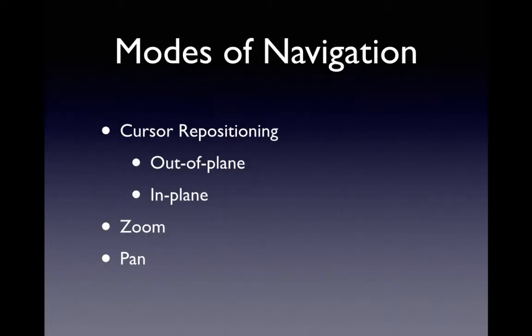By navigation I mean going through the image, viewing different aspects of the image. So navigation is really about visualizing the image, finding the location and the view of the image that you're most interested in for your particular task. And the modes of navigation include repositioning of this three-dimensional cursor, which you can do both out of plane and in plane, and I'll show you what I mean by that. Zooming in, so being able to see a detail of the image in greater detail, and then panning around. So we'll see all of these